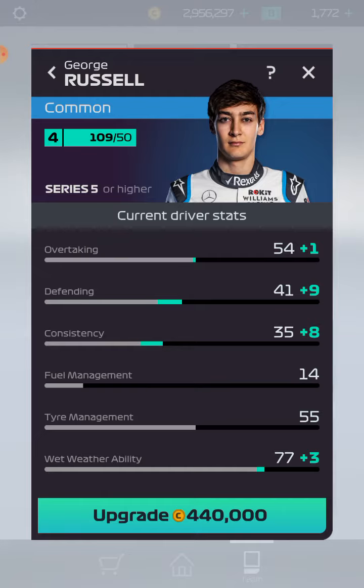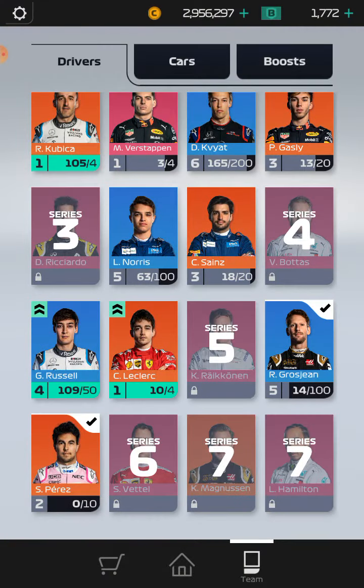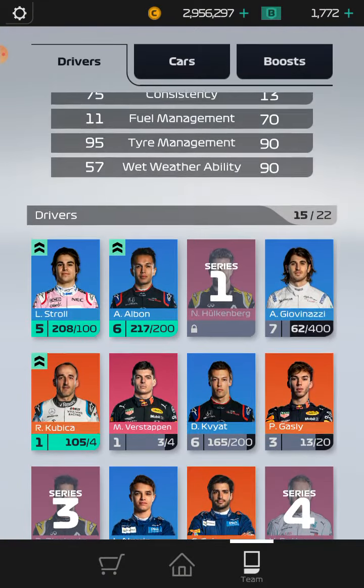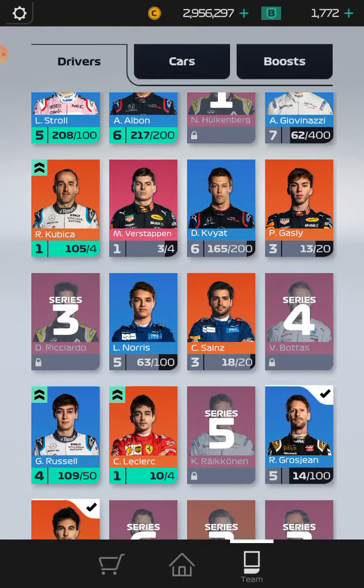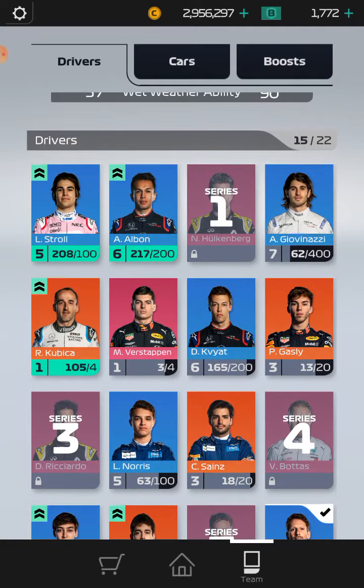So that's not going to help me, so I'm not going to spend that money. You notice I'm not touching Stroll, Albon, or Kubica. I've never touched Kubica. I still haven't gotten a Hulkenberg. The game does this for some reason. I actually wrote them a letter complaining on my first account, like, what do you guys have against Hulkenberg? And they wrote me back and they said, I can assure you, sir, we are not holding anything against Hulkenberg. But